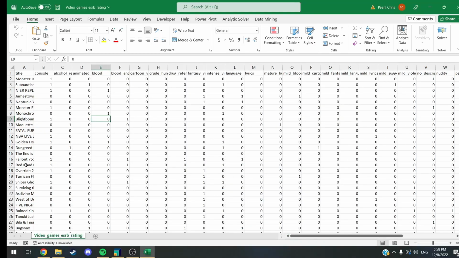If you look at the back of the box, it's just got so many slots. This is reversed camera. It says blood, crude humor, strong language, suggestive themes, and violence. It doesn't say blood and gore. And this one has suggestive themes, use of alcohol and tobacco. It doesn't say alcohol, tobacco. It says alcohol and tobacco, so it's both in one. There are a lot of variables that mean the same exact thing, but they don't do the same exact thing, if that makes sense. They don't show up on both, right?